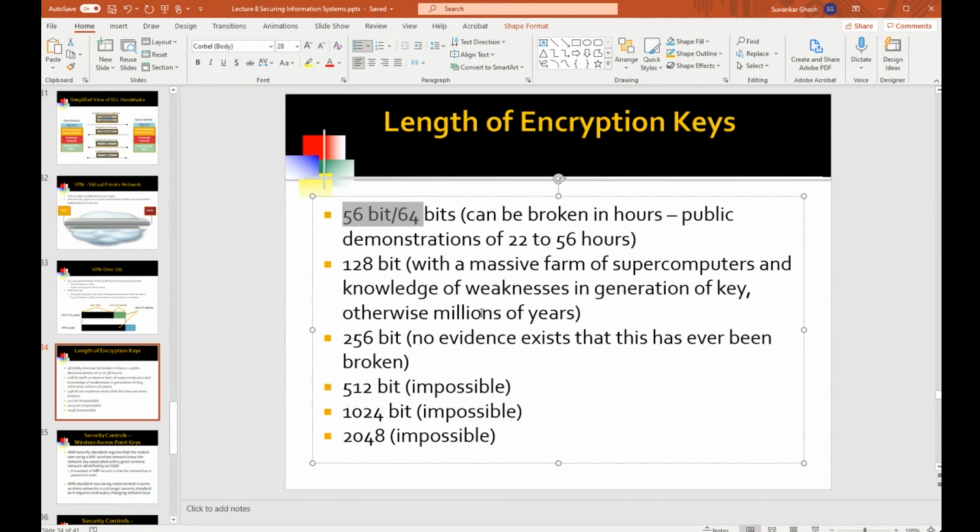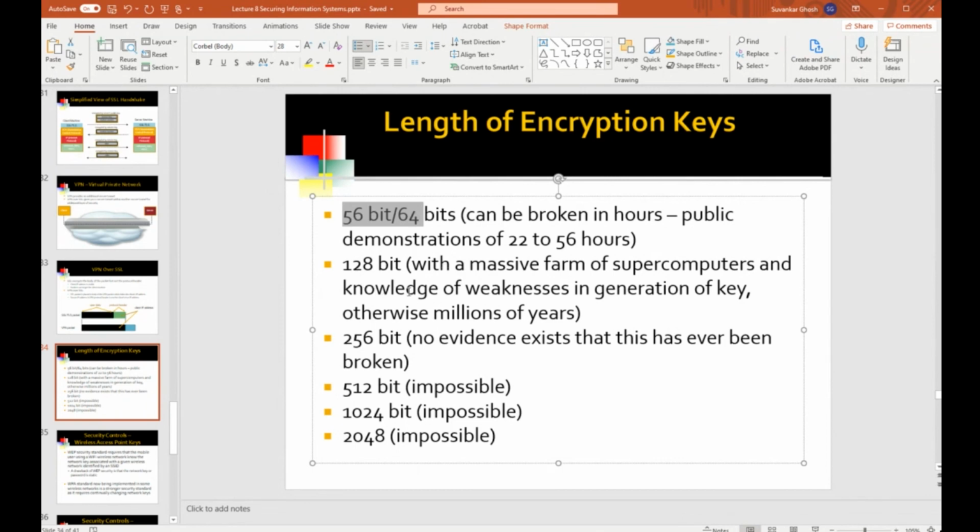With 128-bit, nobody has done a public demo of being able to break 128 bits. So, I don't know if the intelligence agencies can break this. And there, like I said, there are again lots of claims made, but the scientific papers that have been published in the realm of breaking encryption essentially say that 128-bit encryption also cannot be broken, no matter how much compute power you throw at it.